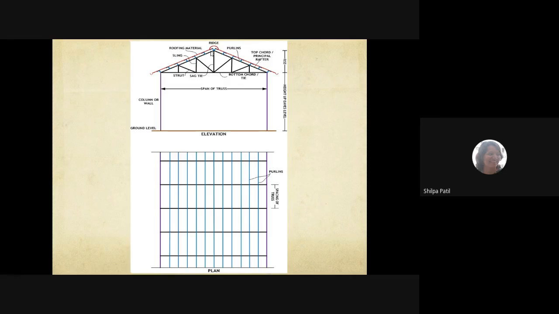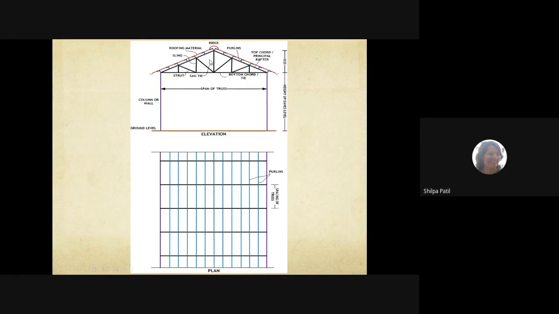Here is a roofing sheet which is resting on your purlin. Purlin is resting on your truss. Similarly on the other side also. This entire top system is called the roofing system, which consists of a truss, purlin, and roofing sheet. These are the columns which are resting on the footing. Now, the different terms associated, which right now we have seen, this is the span of the truss.